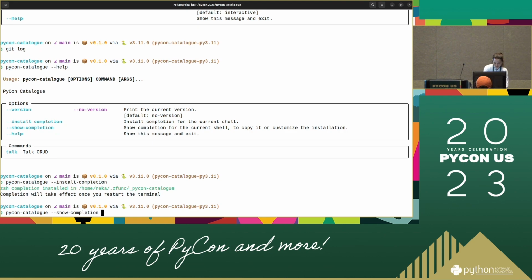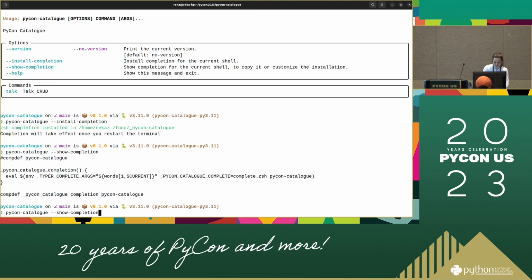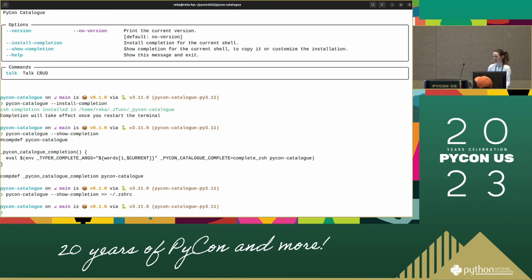But what I can do instead, there is also this show completion. And if I add it to my .zshrc, then it actually works, that's why it works for me. So the default way to install the shell completion is with --install-completion. And if that doesn't work, and you know that you are using a custom shell, then this is the second way to try it, this --show-completion, and then append it to the